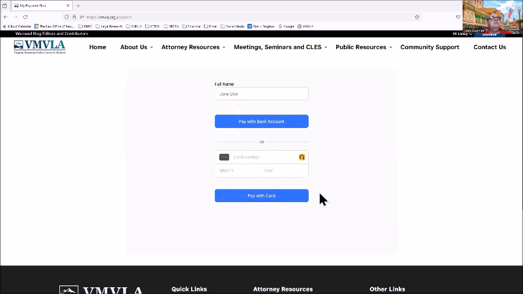Now, a lot of times people have trouble paying through our website, and that's because we still use Square Register as our pay portal, but you're feeding the information in through a third-party website, our website. And sometimes Square doesn't take the card numbers. It depends a lot on the browser you're using or the security software you're using. If you run into that problem when you're renewing your membership or if you're paying some other registration fee that's not covered by your membership,